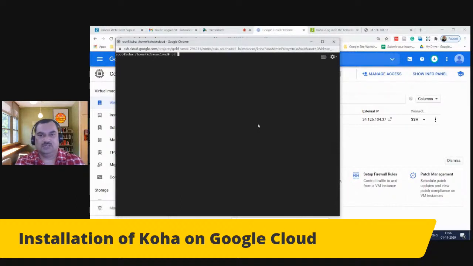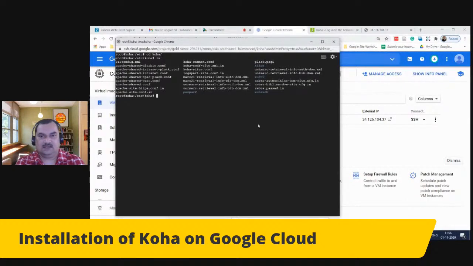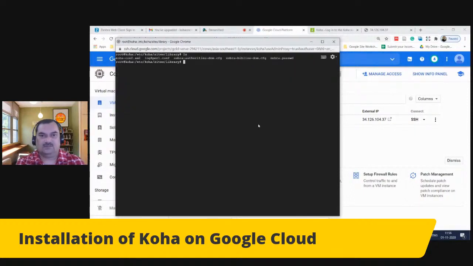I'll go to etc, and then I'll go to Apache. No, I'll go to Koha, and then see. Then I'll go to sites, and here I'll find the database which we created. And now if I look, I'll find one file,